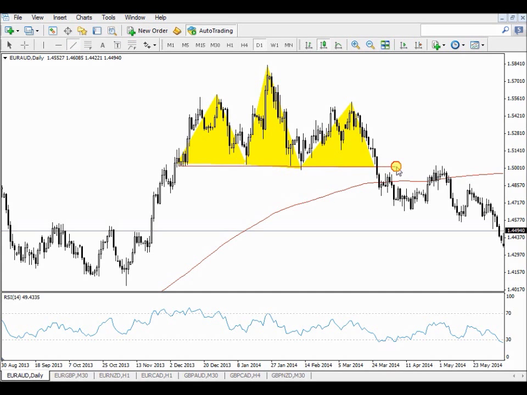Alright, so that red line is my support line. The market came up. It made a left shoulder. You will see this lower high here. It made a high, so we're still in the bullish market. There's my bullish trend line. And look what happened here. The market broke my trend line, but it held the support. So this horizontal support is still holding up. And then we made a right shoulder.